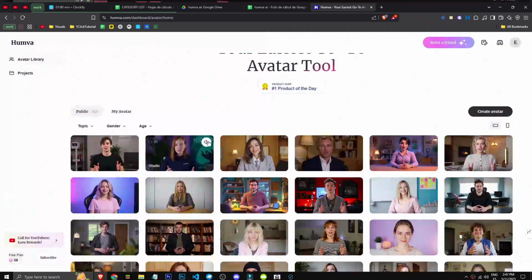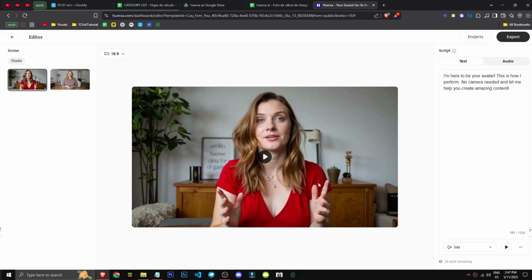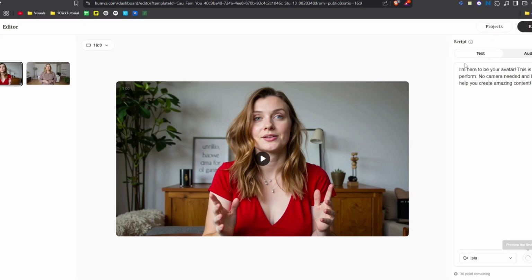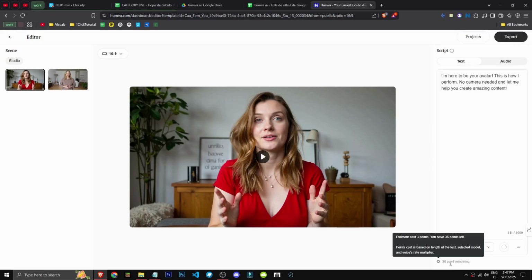Let's click Start Free Trial and continue with Google. We're in the platform now. Let's pick any avatar, and then, oh look, I can choose this one or that one. It says I'm your avatar and lets you preview 300 words. You can input text or upload your own audio here. You can adjust speed and change voices where it says Isla. We get 36 points, the estimated cost of...